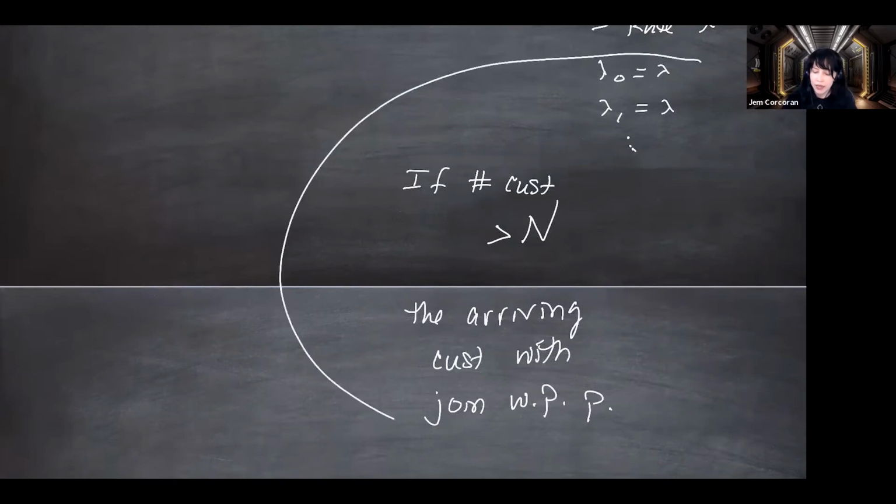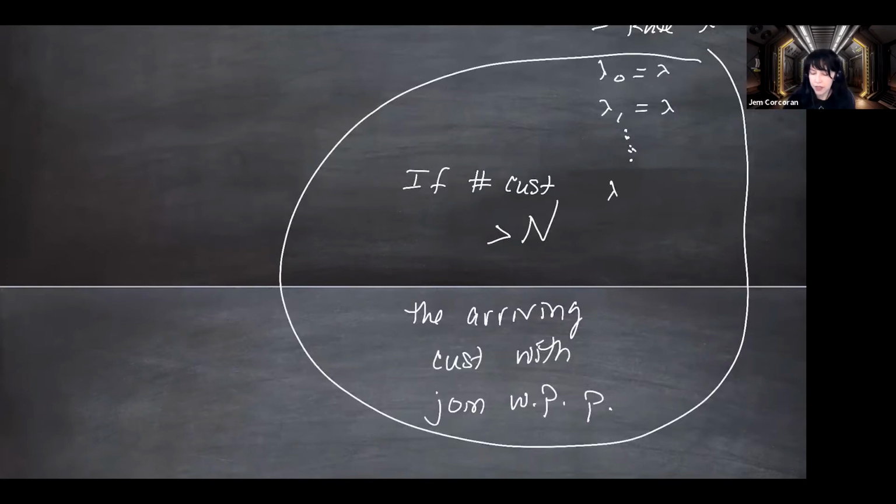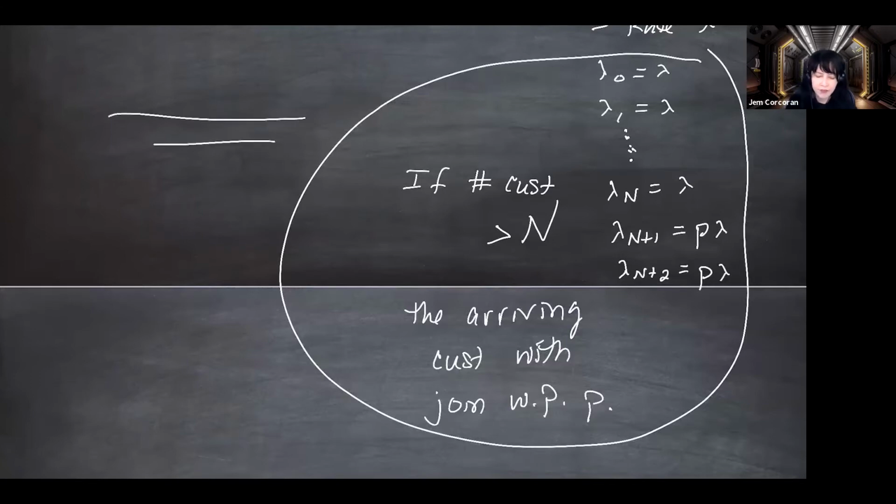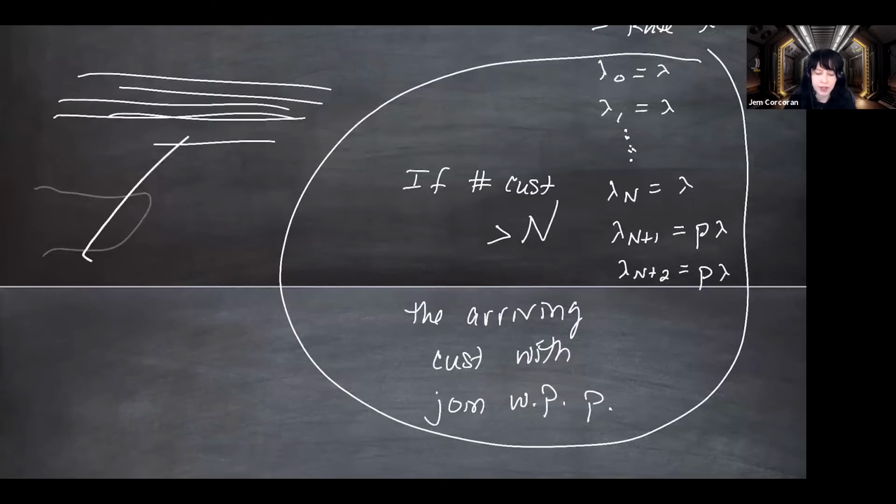But if this were the problem, then the birth rates up until n would just be lambda. Then if there are n plus 1 people in the system, the arrival rate is going to be thinned out to p times lambda. People are going to be coming in less often. So you've got your Poisson stream coming in and some of them are turned away. If you thin that out to the probability of the ones who will join, that's what's going to happen here. They come in at a fast rate, and then once the line is big, they're coming in and leaving, so the ones that actually arrive are coming in at a slower rate.